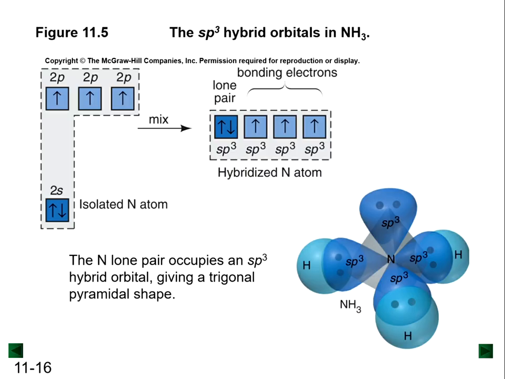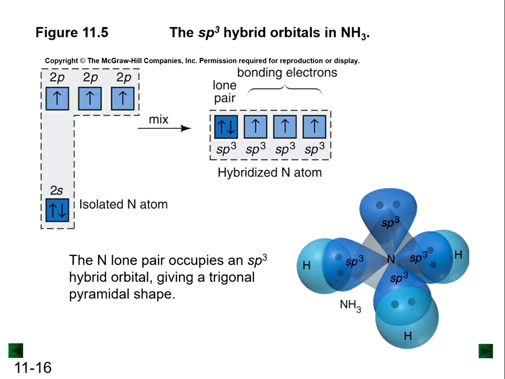When we're looking at valence bond theory, we care about the electron group arrangement. That will determine the orbital hybridization. So for 4 electron groups in this tetrahedral electron group arrangement of ammonia, we'll need 1 s and 3 p orbitals to make 4 sp3 hybrid orbitals. The orbitals here look very similar to those on methane. The difference occurs because the